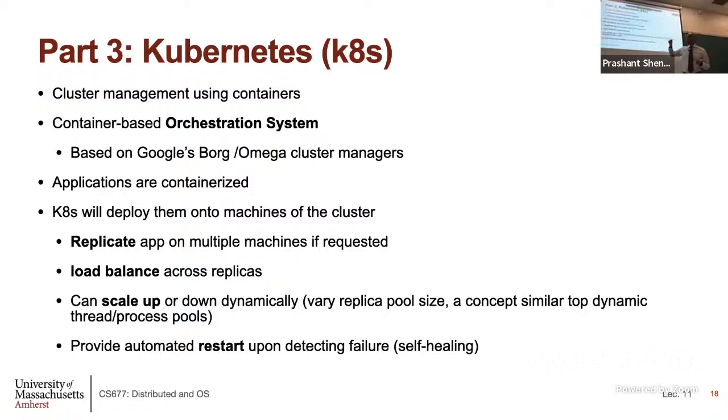And not only that, Kubernetes can also replicate some of your containers. So if a container fails, it will automatically send your request to the replica. It may actually look for failed containers and restart them on another machine. It will do load balancing. It can do all kinds of things like scale them up or down. So many different services are provided by Kubernetes. Here we are only going to talk about how you place an application on a machine using a container, and then how that application is getting service from outside. But there are many other aspects of Kubernetes I'm going to gloss over today.